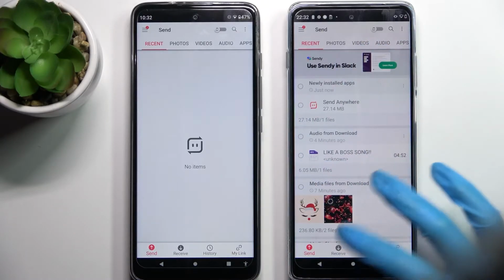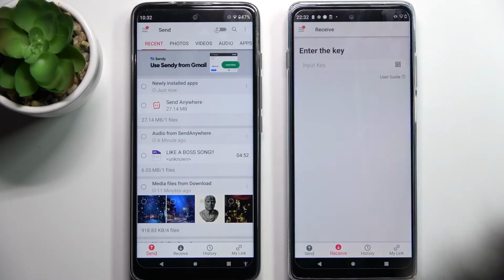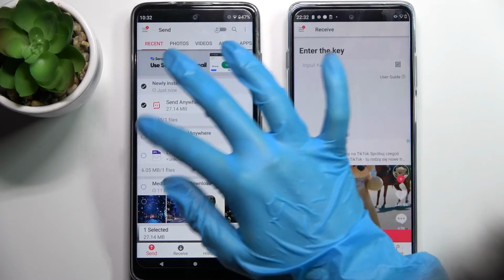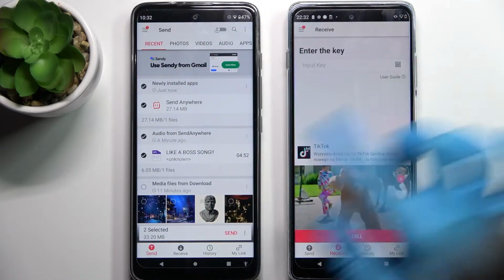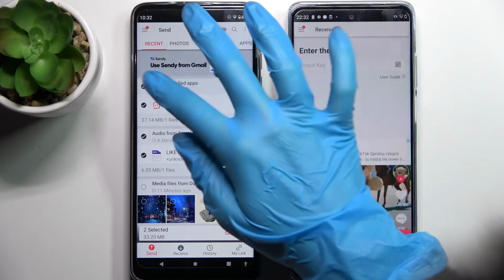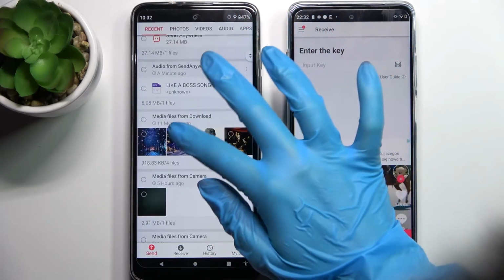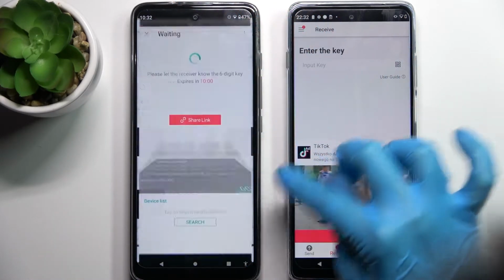Now you need to select Receive on Motorola and Send on an Android. Then tap on all of those type of dots and choose Send. This way you will select all of those files and transfer them. It will take a long while though, so I will go with only this one photo, choose Send and tap